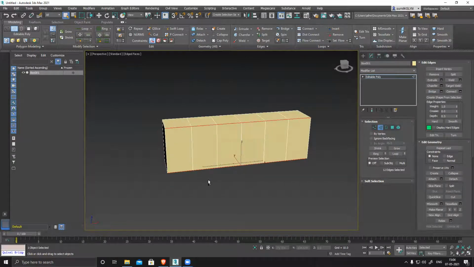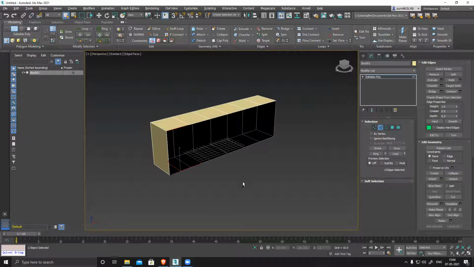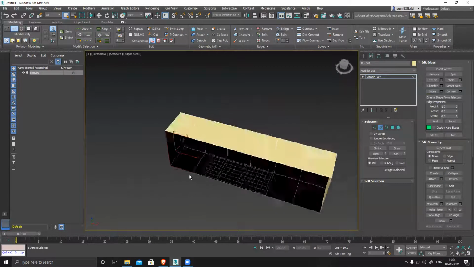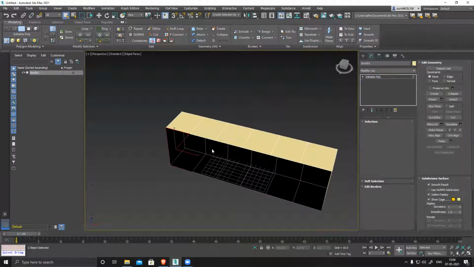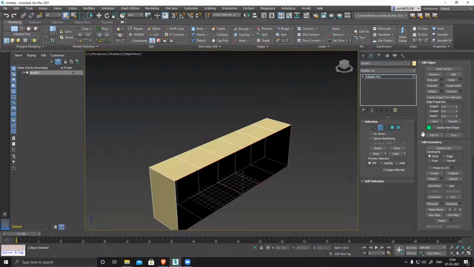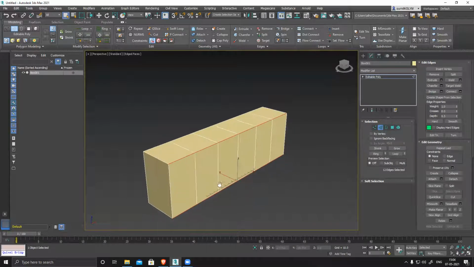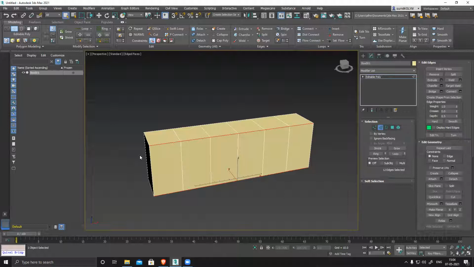So for bridging, if you select this edge and this edge, it will work. If you select this also, it won't work. So basically, select all the edges in edge mode, deselect in between edges, and then bridge it. If all the edges are selected by border, it won't work. You need to leave a gap. Then only it will work.